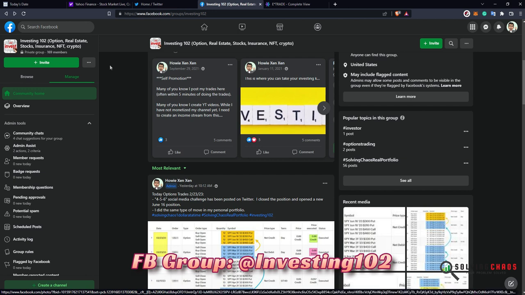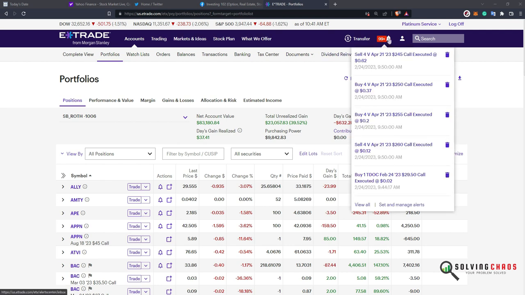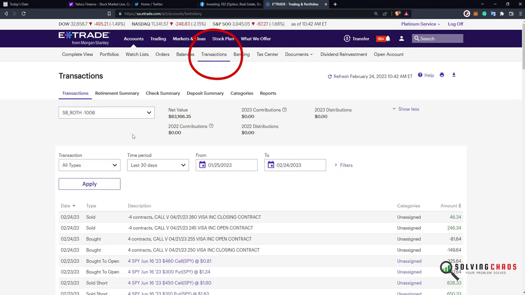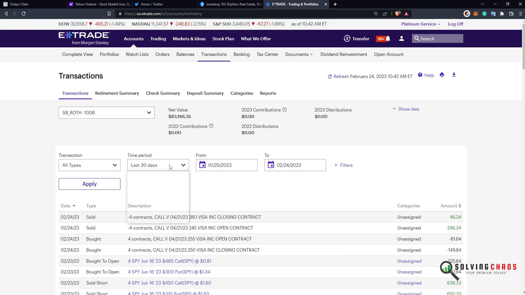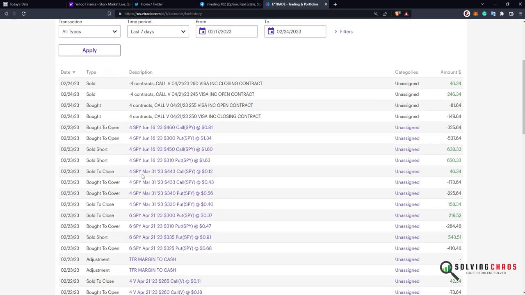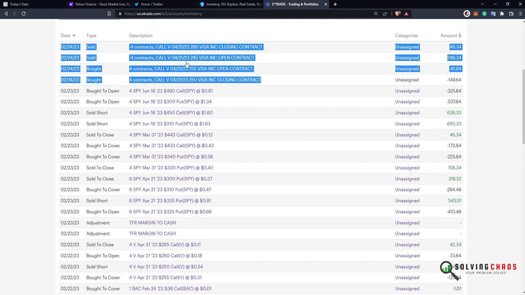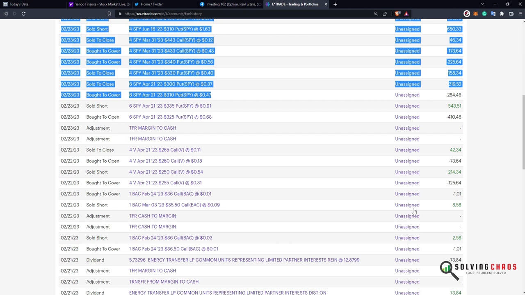So let's get straight to it. I'm going to show you, here's my E-Trade. What I normally do is, and you can see I already did a trade today, but we're going to go into transactions. And these are the trades in this account. What I'm going to do is filter down to the last 7 days, hit the apply button. Anything that's done today, I'm not going to record it because I don't like the format of this. I like it when it looks more like this. So I'm going to copy these in. I'm going to show you something real quick. So let's copy everything for this week.